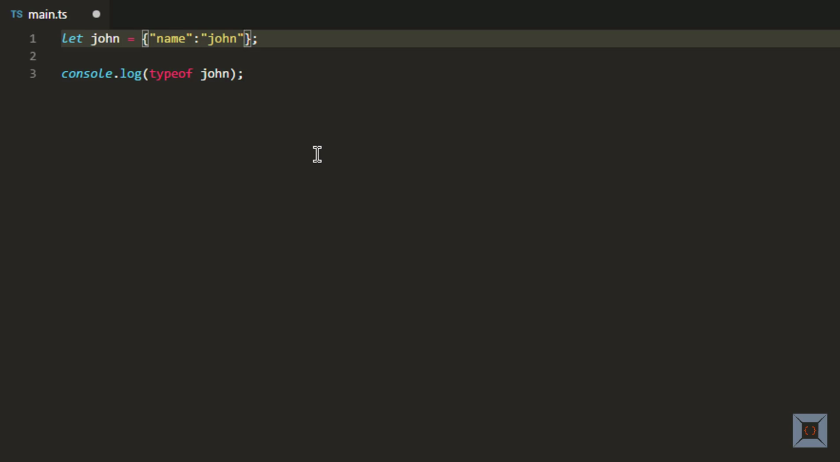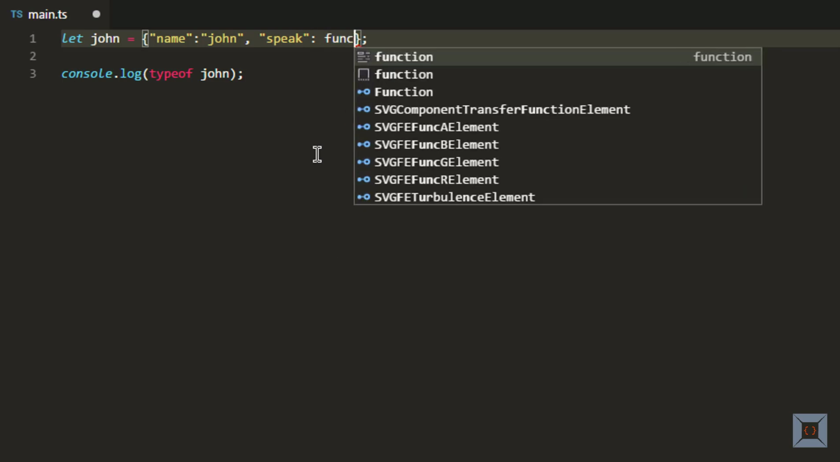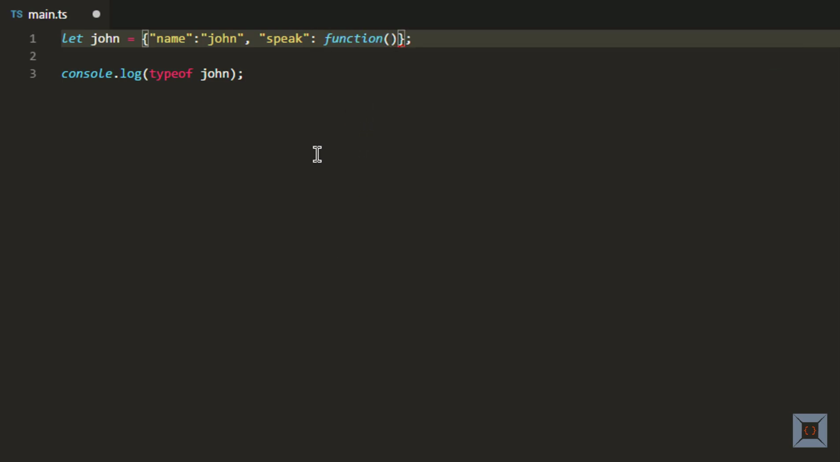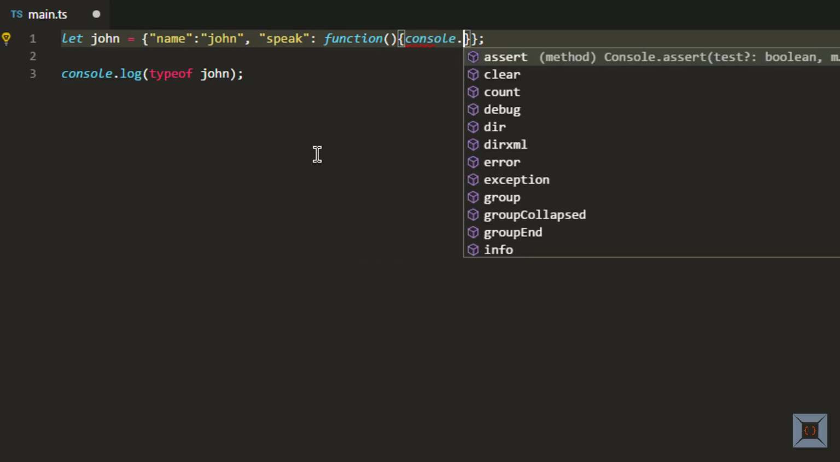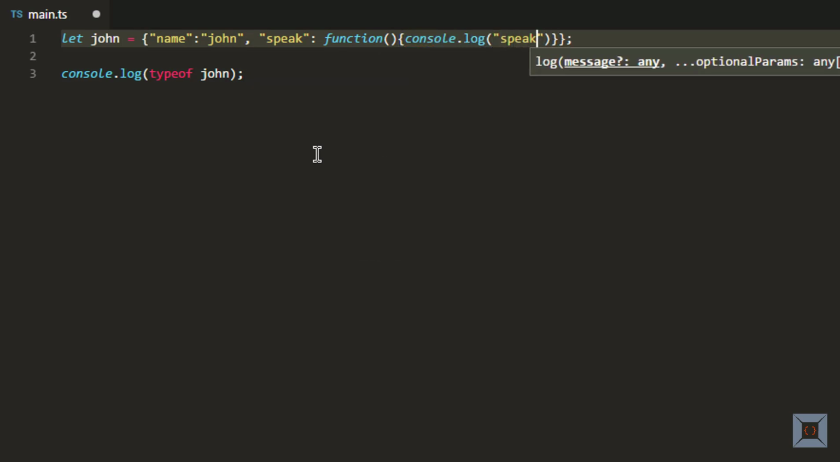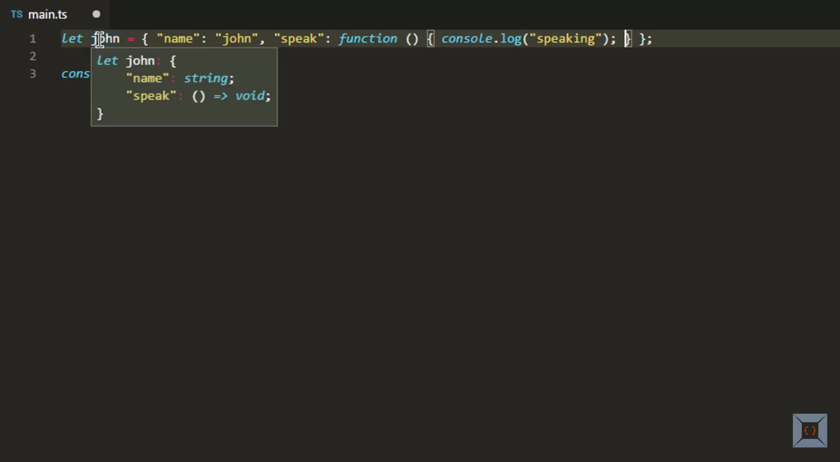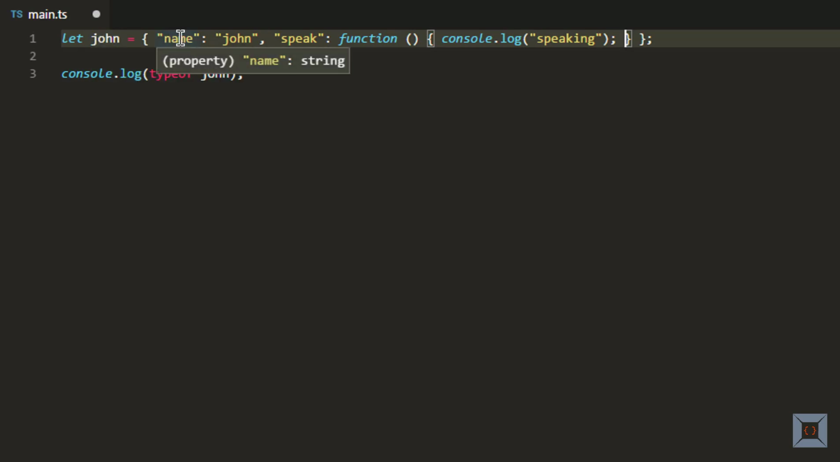I'm going to create another key after a comma, and I'm going to call it speak. I'm going to define speak as a function. So I'm going to say function, and the body of this function is going to say console.log speaking. So now this John has two keys. The first one is name, which has the value John, and the second one is called speak,